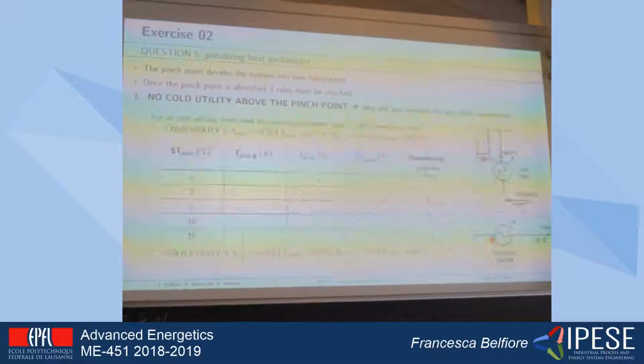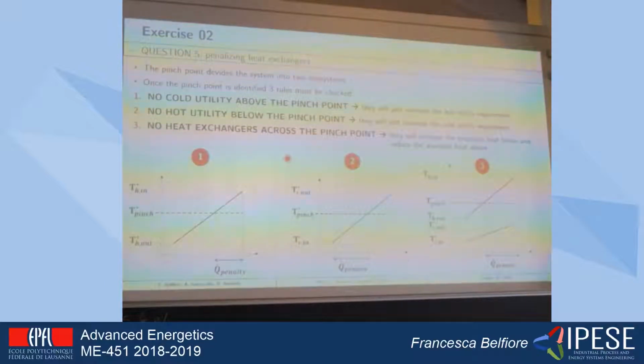So how to do it in practice? First rule, you have to take the cold utility that you have in your process. In your case, you have just two. For those cold utilities, you should do it for all the minimum temperature differences which you have identified. So you look at the pinch point in terms of corrected temperatures, and you look at the process hot stream inlet and outlet temperature, and you check that the inlet temperature of your process stream is not above the pinch point. If it is,